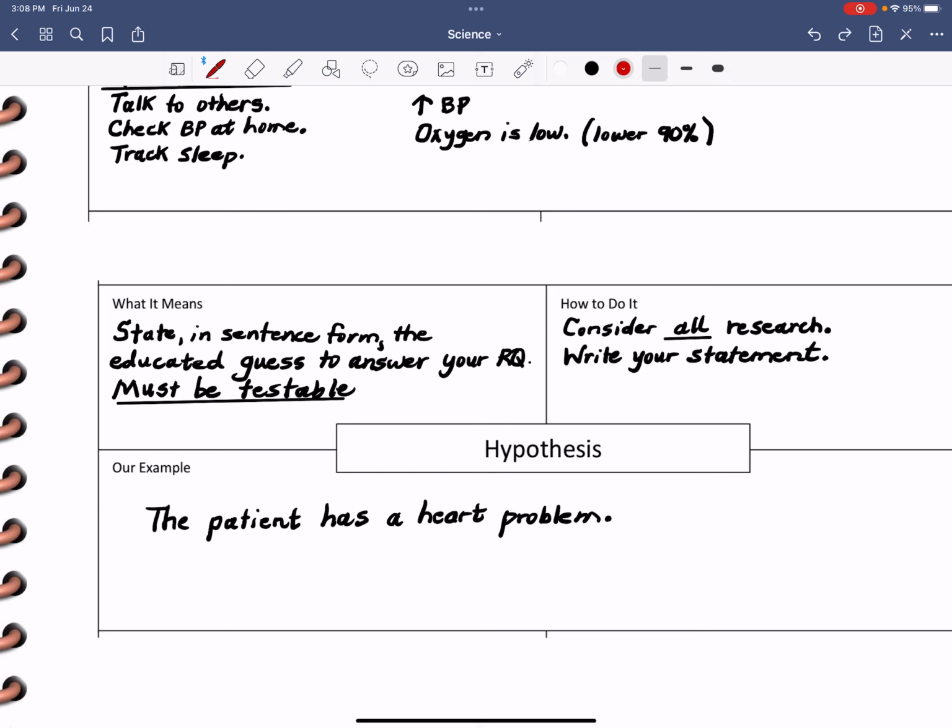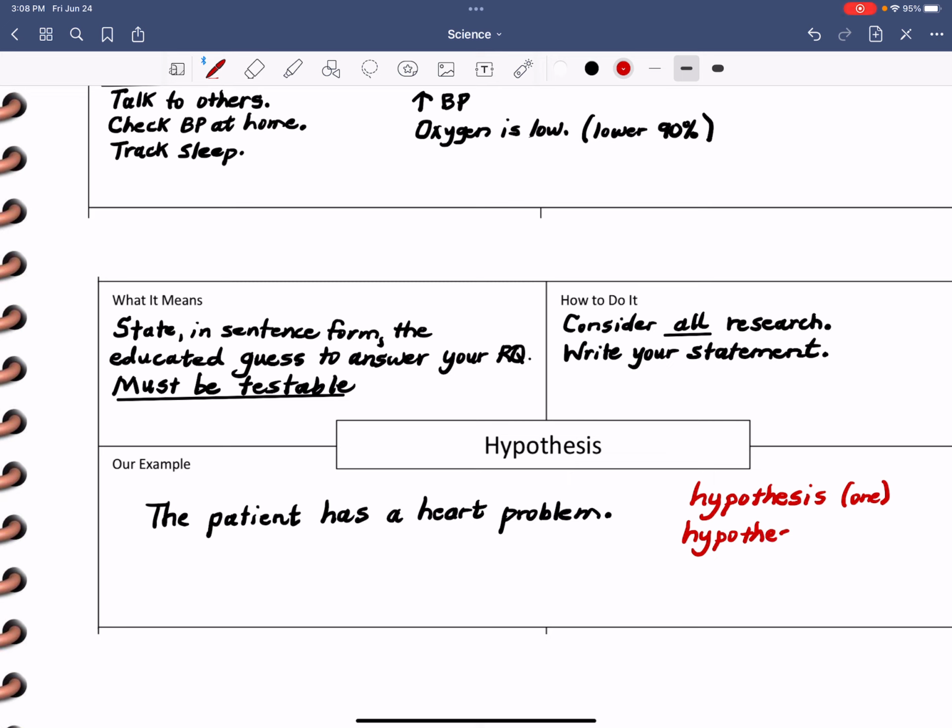Hypothesis is singular. This is a grammar thing, but it's important that you know these words. So a hypothesis, that's one. It's singular. If you're talking about more than one, you don't call them hypothesis, you call them hypotheses. That's more than one. So that's an important spelling situation. If you need to write the word hypothesis, you're talking about one. Hypotheses, you're talking about many. Okay,